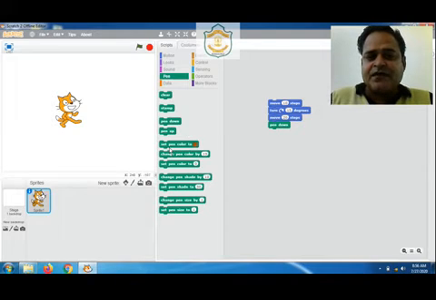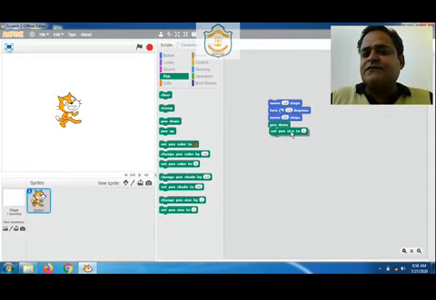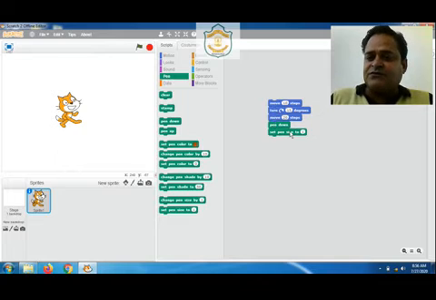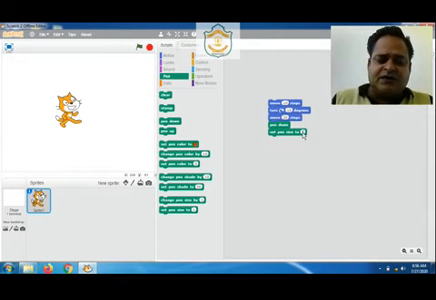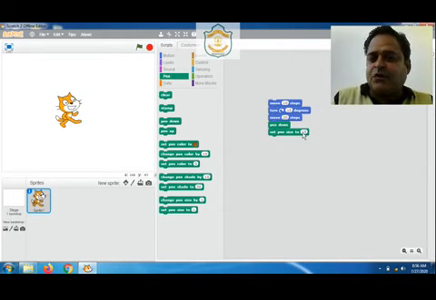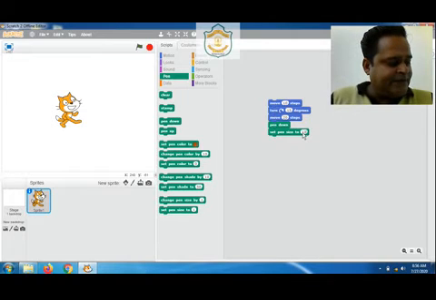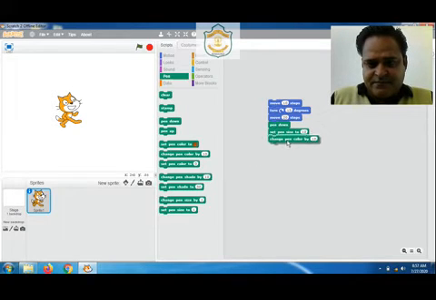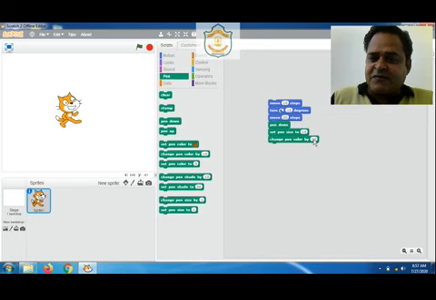Next one is set pen size. This is used to specify the thickness of the line. We can enter here a number between 1 to 10. Let's use the same thing from the book, so we entered 10 here. Now set pen color. Let's make it 20 as it is used in the book.